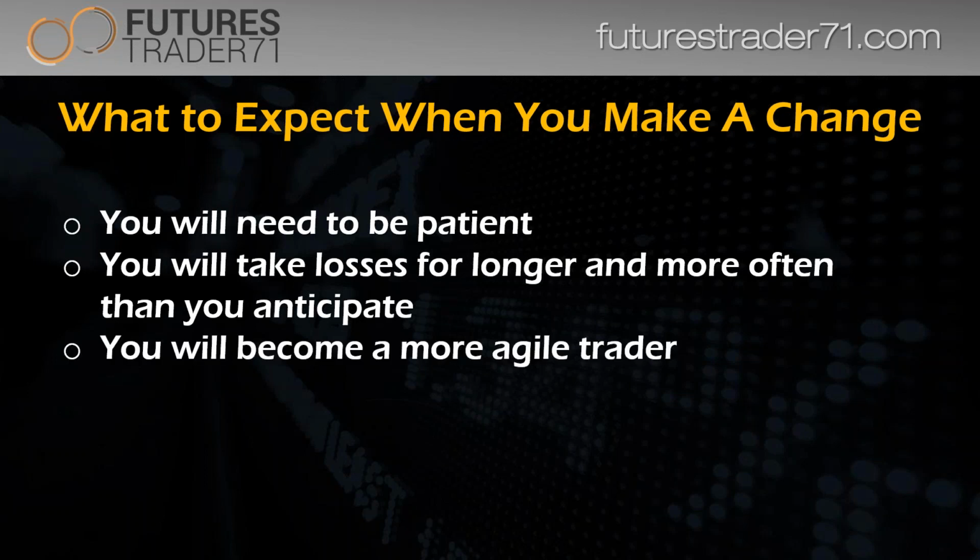You'll become a more agile trader. That's something you should expect. If you've always traded the S&P and you're stuck in the S&P and you start doing homework on the Russell and so on, you'll learn some things that you can bring back to the S&P. Okay, you'll become a much more agile trader. Almost all successful professional traders that I know trade across many products. It's not something I'd recommend for someone who's not consistent, but eventually you need to diversify and trade many, many